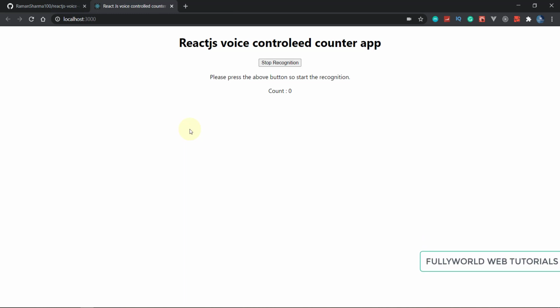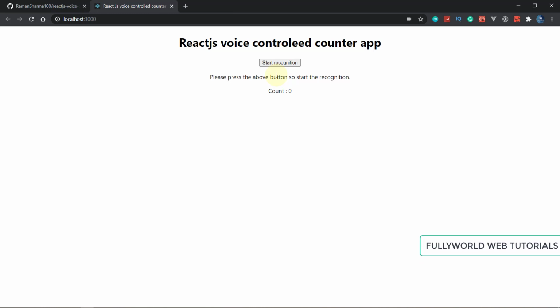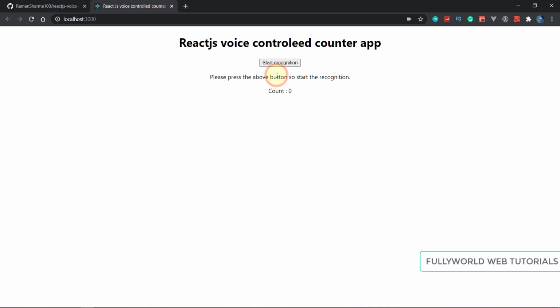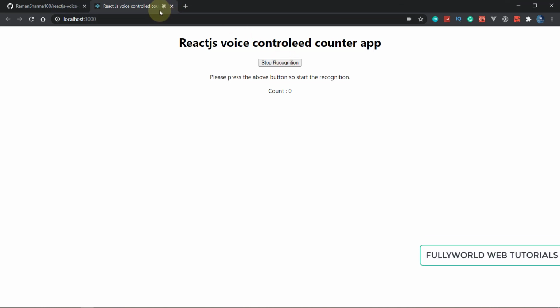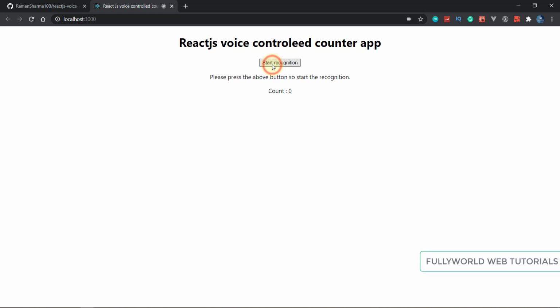On start we have to change this text that your voice is listening here. So I am going to stop this recognition. See that when I click the stop recognition, now it also stopped the recognition. Then I am going to write start recognition again. See that it is listening. When I click on stop recognition, now it has stopped listening to us. So this thing we have done.